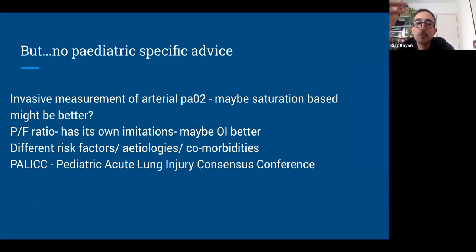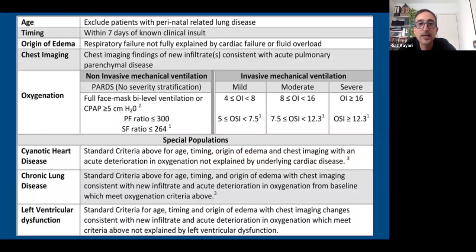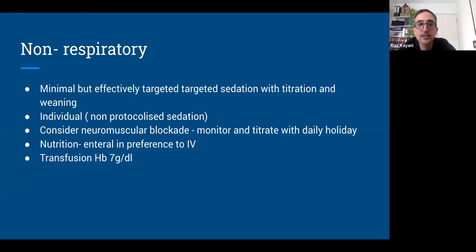But the thing about PEDS is that there's not a lot of evidence for a lot of the things we do. Like I said, the studies are relatively small. The number of children that develop ARDS is also small. But also, remember that this is a very heterogeneous population, anywhere from 1 month to 16 years old. It's quite difficult to make recommendations about those sorts of things. So I'm not going to talk too much about this stuff. But essentially, what I want to do is give you a little insight into the things that we can do to try to help ARDS.